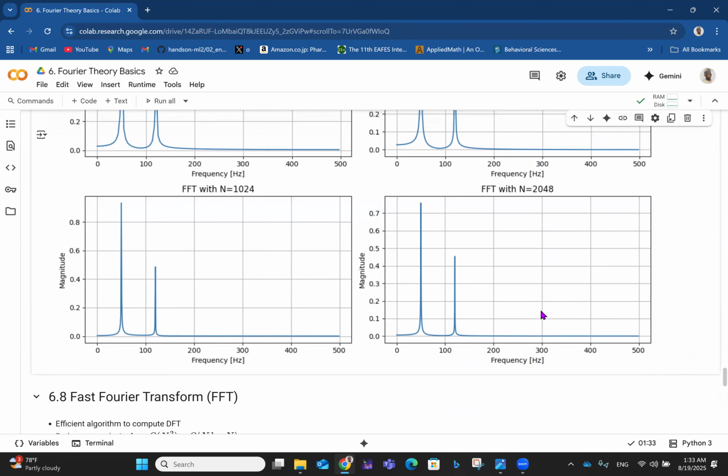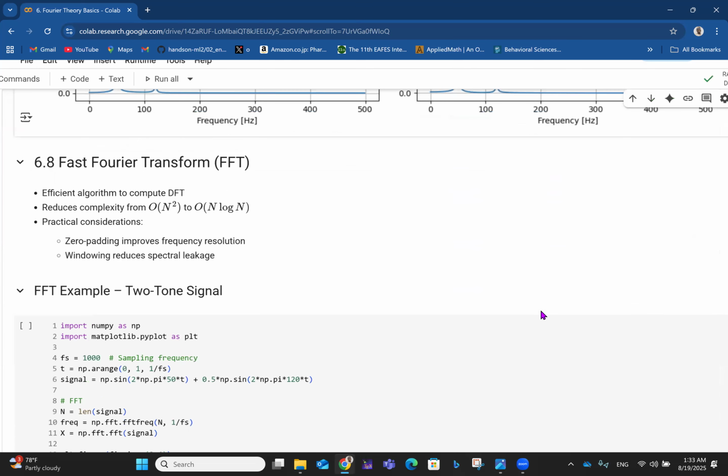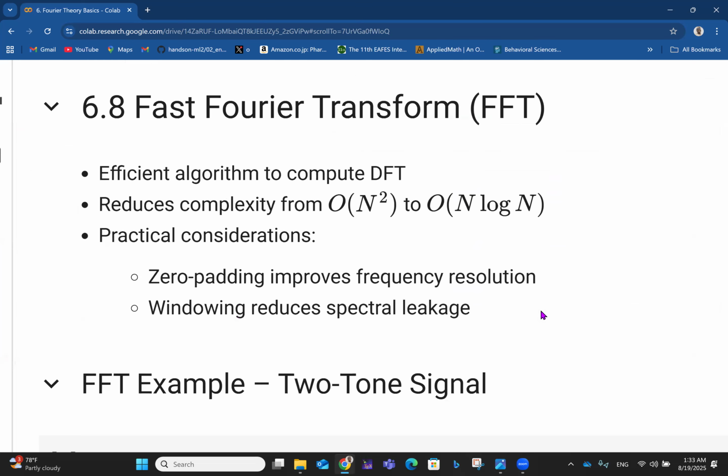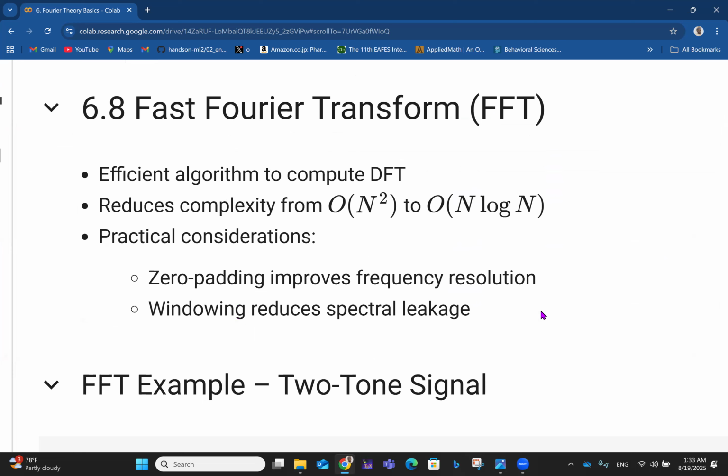All right, so let's go ahead and talk about fast Fourier transform proper. So far we talked about discrete Fourier transform. The fast Fourier transform is an efficient algorithm to compute the discrete Fourier transform. So you see, discrete Fourier transform and fast Fourier transform are actually close. The only difference is that fast Fourier transform is an efficient algorithm to compute the same discrete Fourier transform we've been computing so far, and it reduces the complexity from a quadratic complexity O(n squared) to O(n log